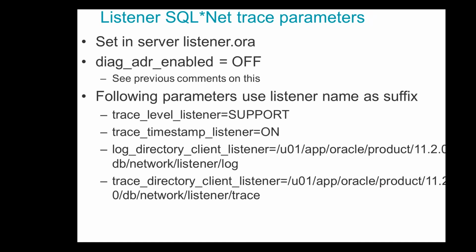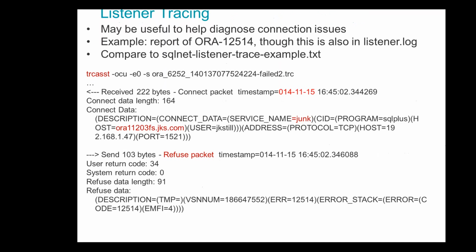So that was client side. Let's consider server side as well. Diag ADR enabled equals off. The following parameters are set as previous, just different values for the locations. So assuming that we've created a trace file to look at,